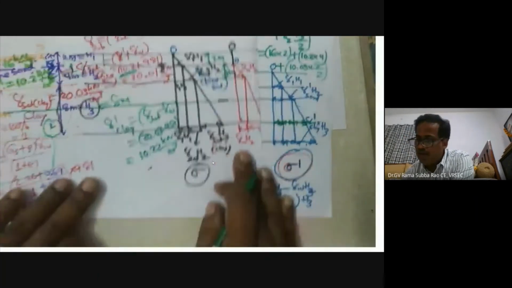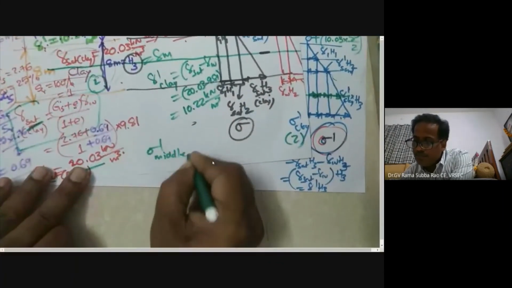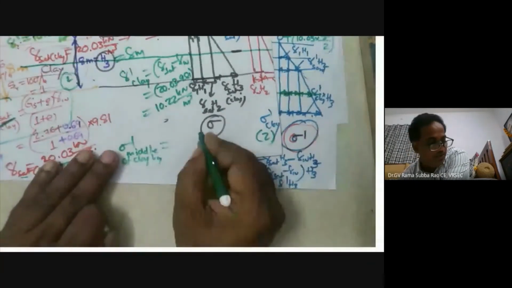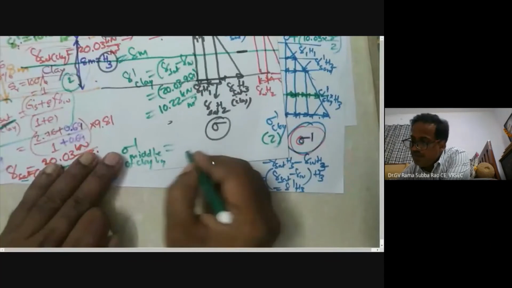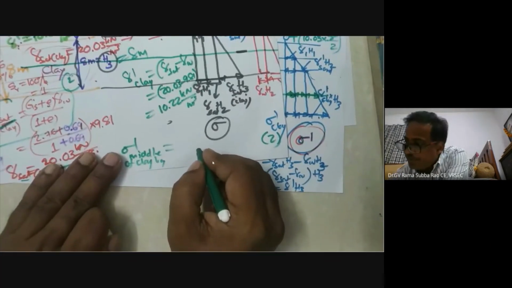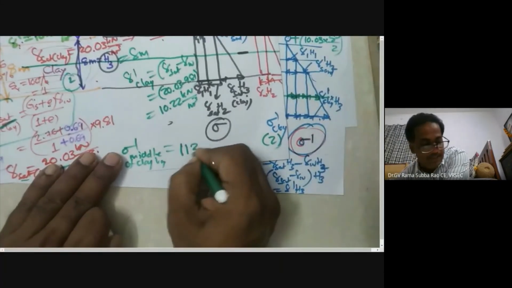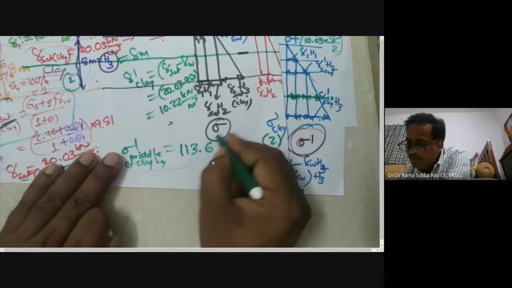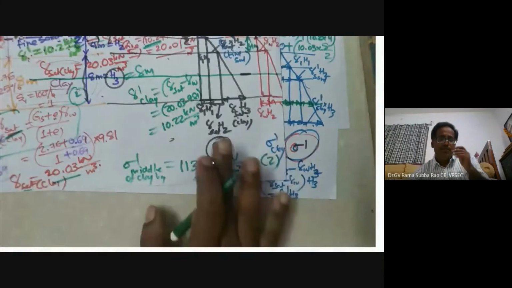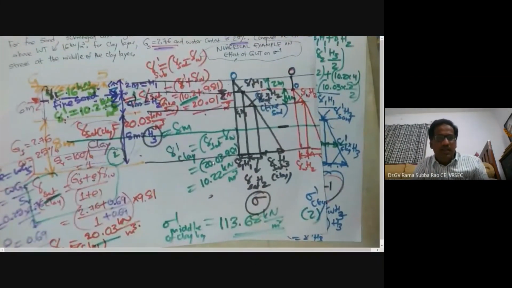Now we are getting an answer. Let me show you the answer now. Sigma dash at the middle of the clay layer is equal to gamma 1 H1, 16 into 2, plus 10.2 into 4 plus 10.03 into 8 by 2, which gives an answer 113.68 kilopascal. This is the way we calculate effective stress in the case of layered soils in which the water